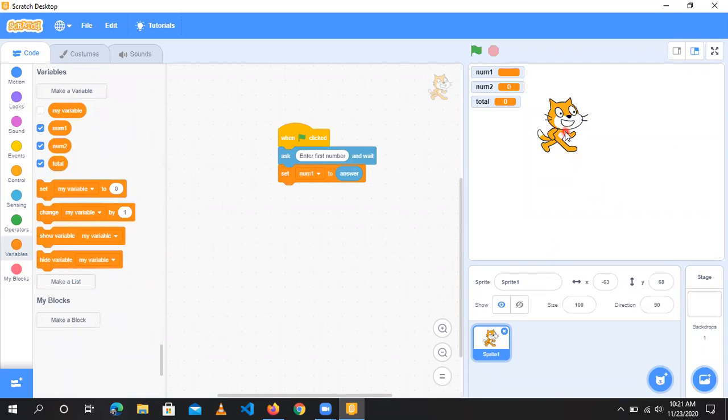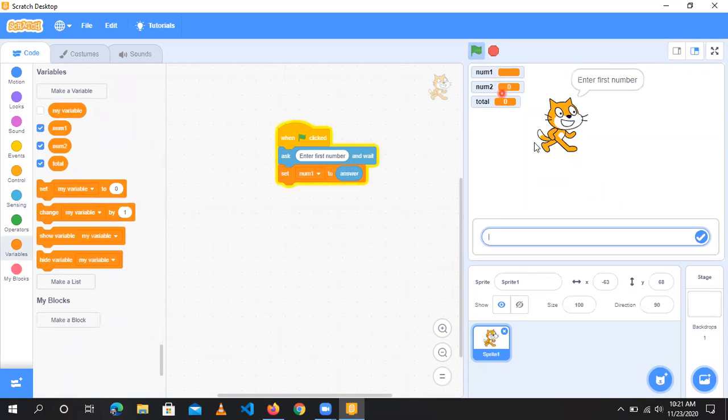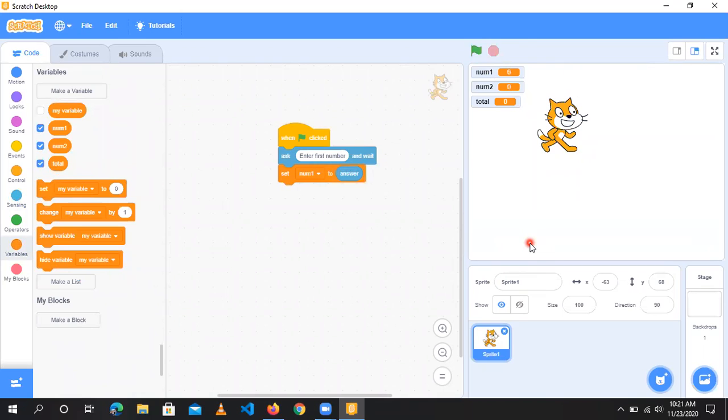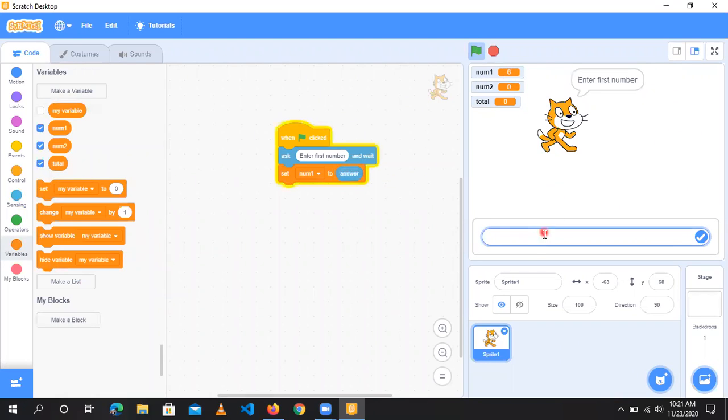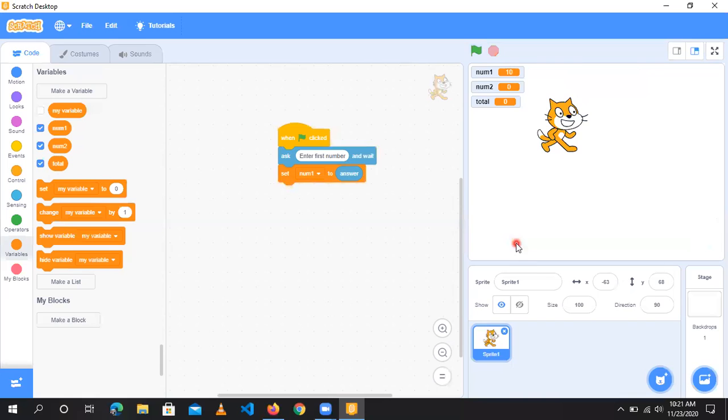The answer was the first number I enter, 6. When I touch enter here, number one, 6, it stored. I clear number one, 6. When I press enter and put the value as 10 and press enter, number one changed to 10,